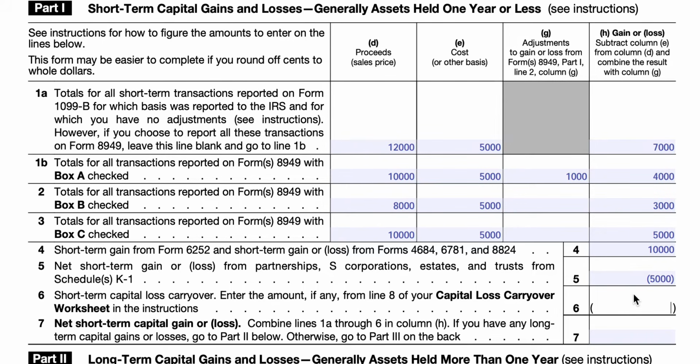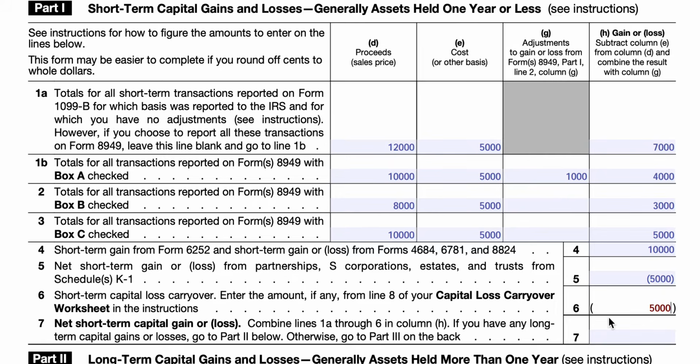So in essence, if you had a capital loss that was disallowed in a previous year because you're only allowed to deduct up to $3,000 of a capital loss against ordinary income, you may have to carry forward the rest of the capital loss and just work it down against capital gains, against ordinary income. So you would carry that forward here, and we're going to enter, let's just call it a $5,000 capital loss